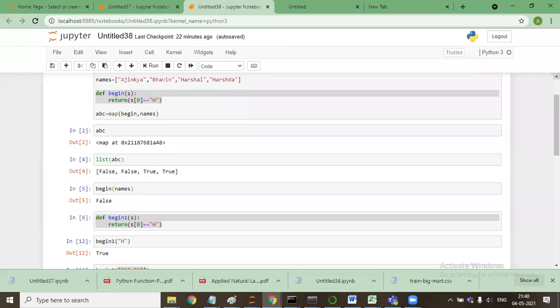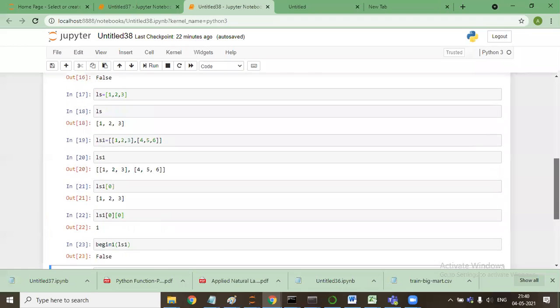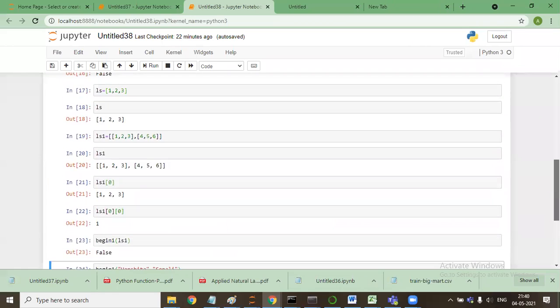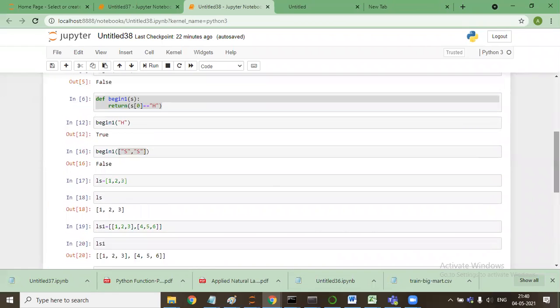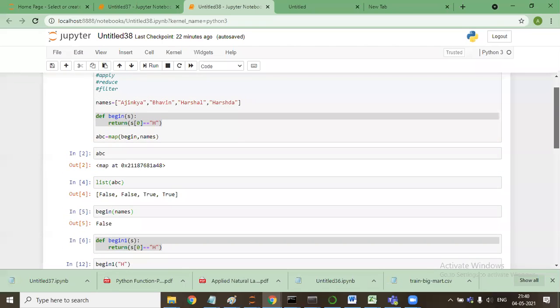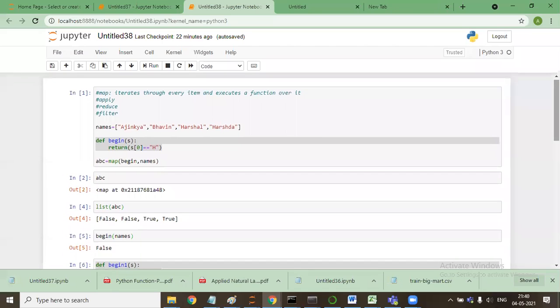So this is how the function works. In subsequent functions, I will not use this true and false, I'll make some other function. It depends on what you are trying to do. Can you please scroll a little bit up? More, sir. When you started the notebook, sir, you had written something, I want to see what. Sir, if we have to print the name where it is true, then what will be the code?